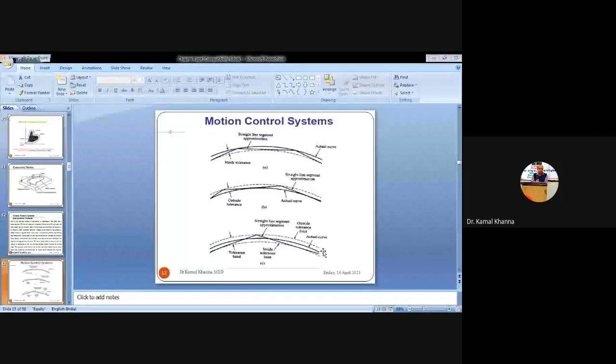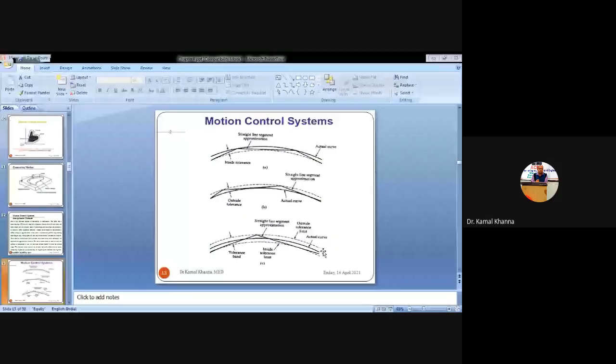And again we are dividing that segment, and we can also divide that line segment into smaller portions. We can also draw that actual curve with the help of 5 line segments, 7 line segments, so that our curve will be a circular one. We cannot construct a circular portion or complex non-linear shapes with the help of a simple linear interpolation. We have to cut that portion of the tool path into some line segments